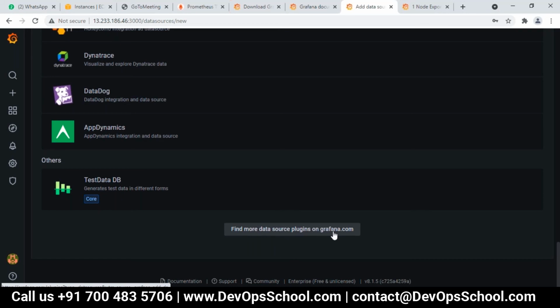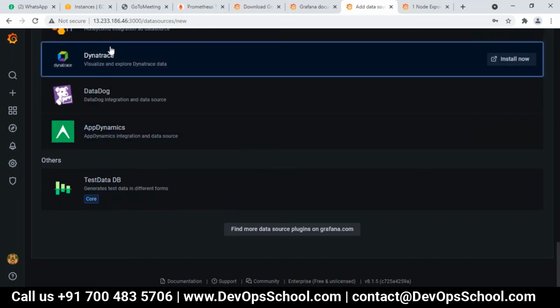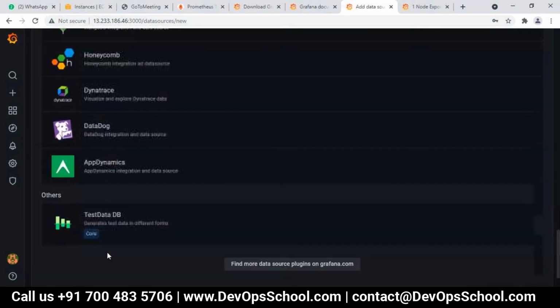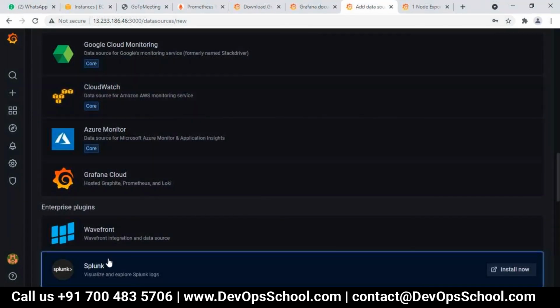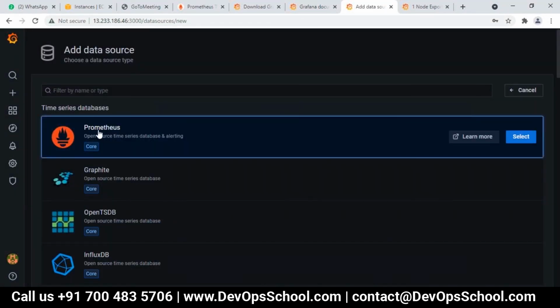If there is some source which you can't find here, just go to the Grafana site, download its plugin, and use it. Right now we are using Prometheus, so I will select Prometheus.